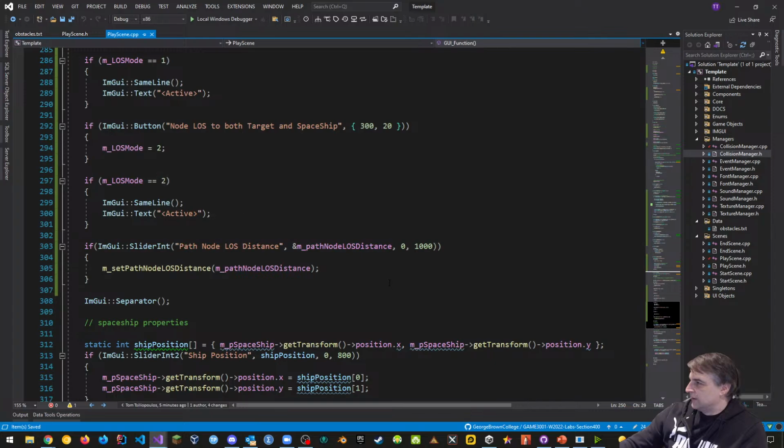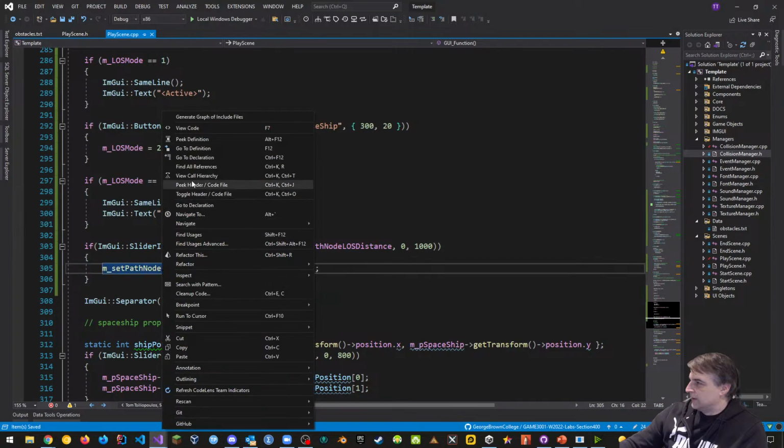Okay. So notice that PathNode line of sight distance, right? If we were going to read PathNode line of sight distance from here, and it says set the PathNode line of sight distance to this, the only time this is set, as an example, is if I've changed the slider. That's what this does, guys. If the slider is changed, then set PathNode line of sight distance is also set. Is there anywhere else where this happens?